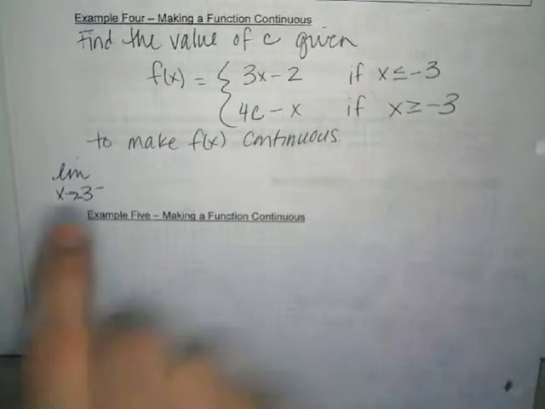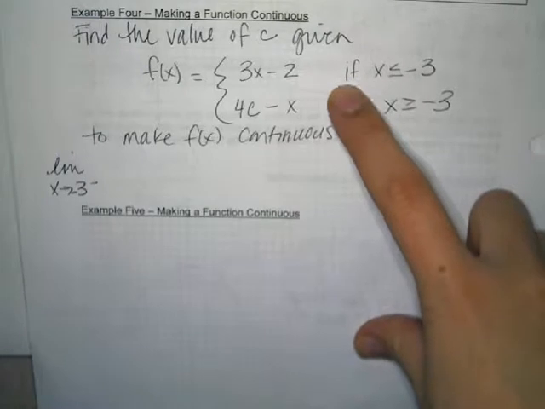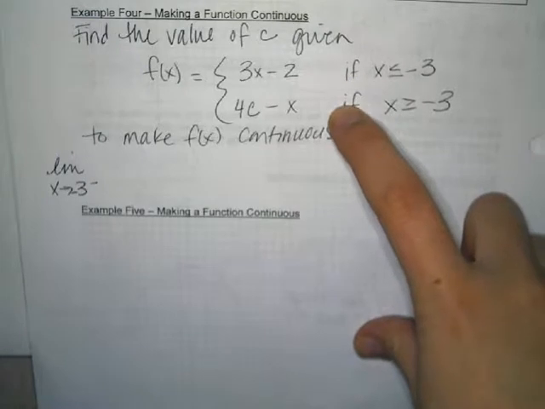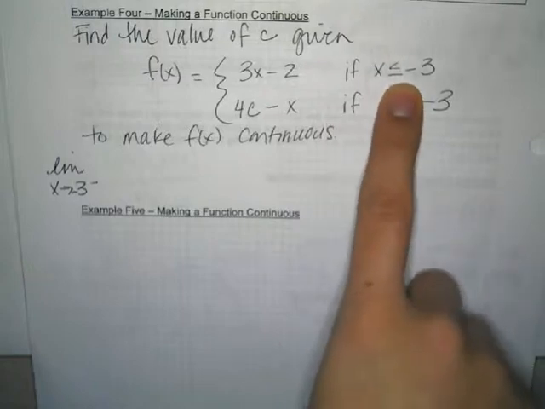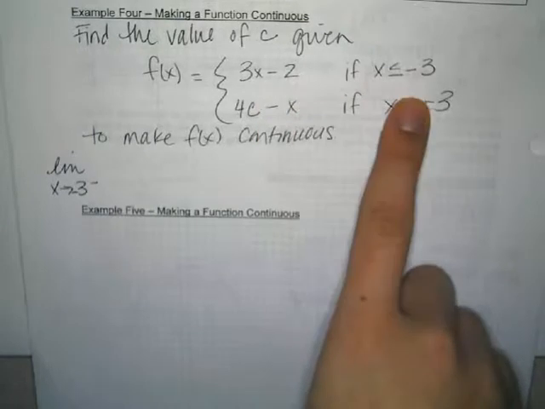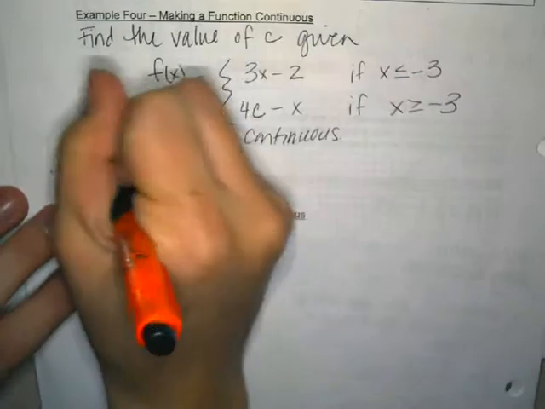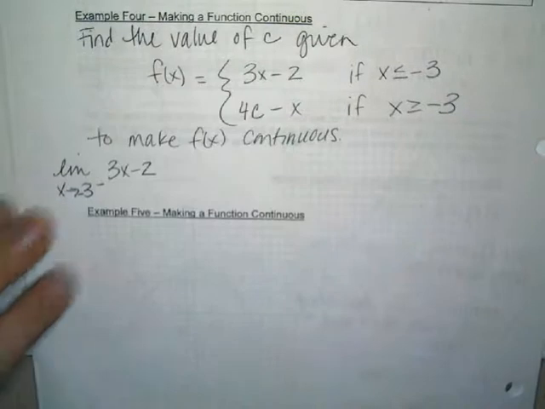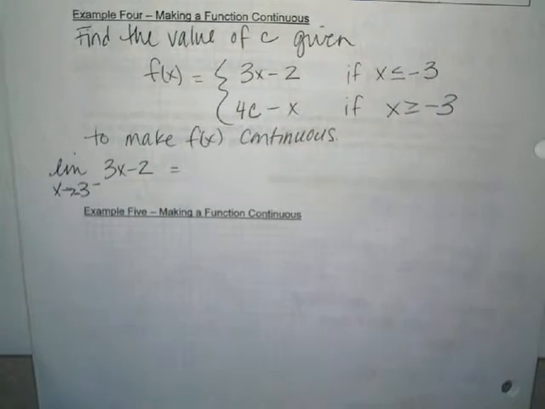Okay, so what function is to the left of negative 3? How do I know which one it is? Because it's less than. Good. So if you look at this domain, this tells me something about this function. It tells me that this function only exists for x values that are less than negative 3. Okay, so 3x minus 2 is my function on the left. Now, coming at it from the left,